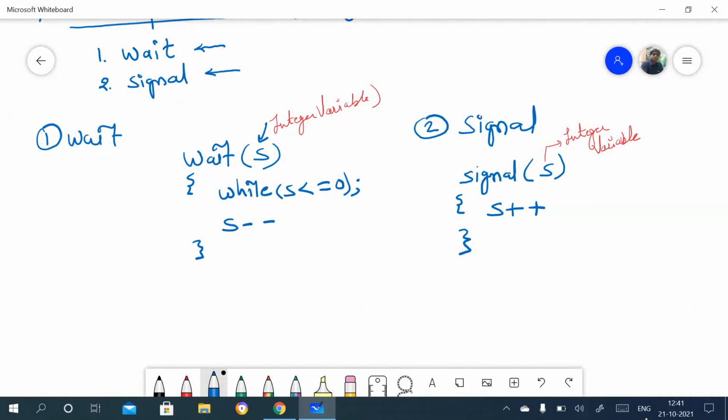So you can see here, this is for decrement, we can say decrement the value, and this is for increment the value.